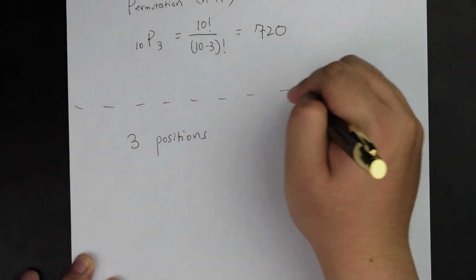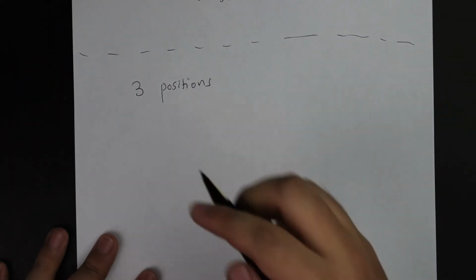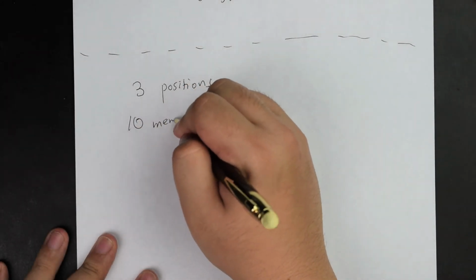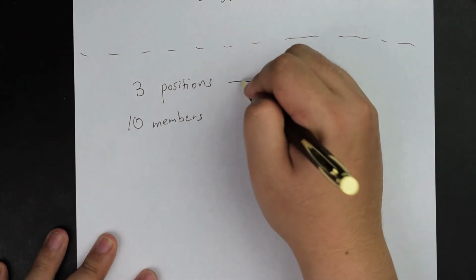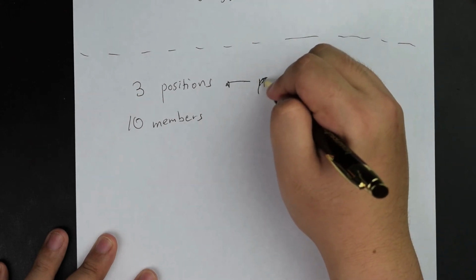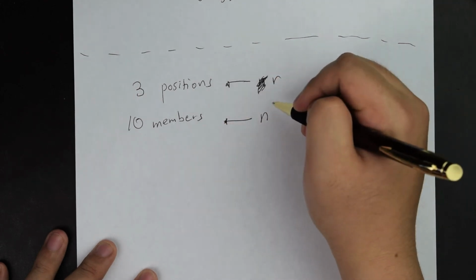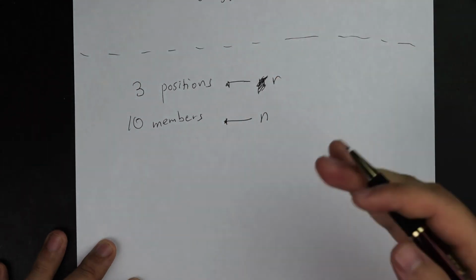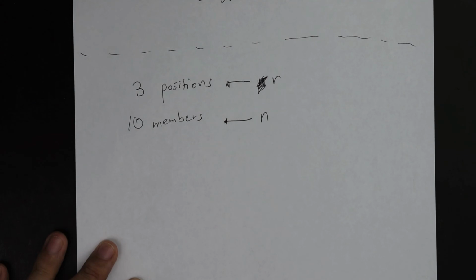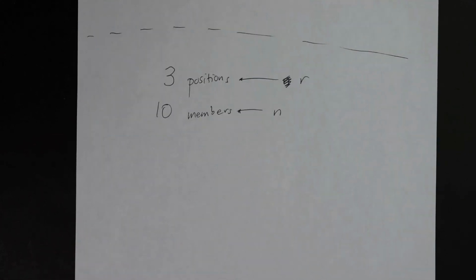I'm going to draw a line so you don't get confused with the prior question. So there are 3 positions that exist, and let's say we're trying to choose from 10 members. The difference is that this is my N, and this is my R. There is a significant difference because there's no distinguishing between these 3 positions. I just know there are 3 generic director positions. So in order to do this